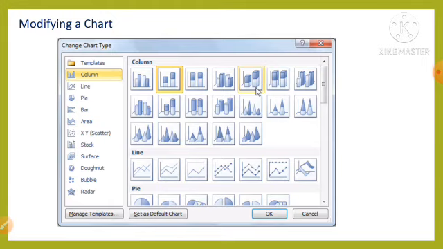So, the chart you create in MS Excel can be either 2-dimensional or 3-dimensional. 2-dimensional charts consist of x-axis and y-axis, where x-axis is the horizontal axis that shows the categories of data, and y-axis is the vertical axis that shows the numerical values that measure the data categories. 3D charts have an additional axis called the z-axis.